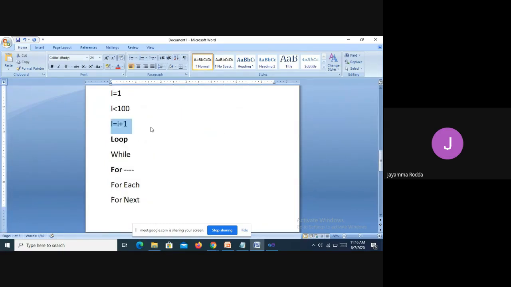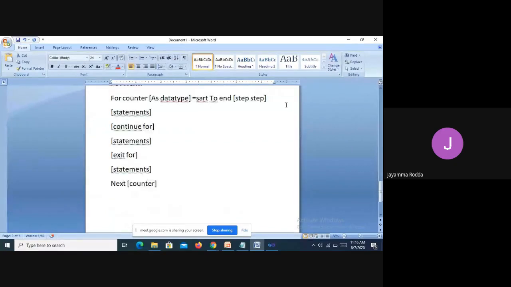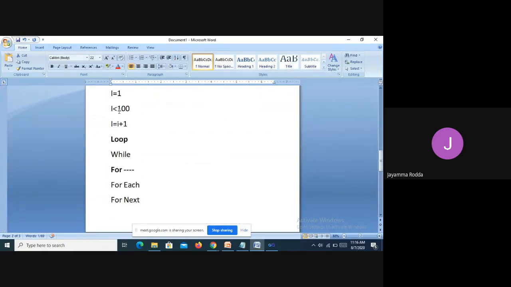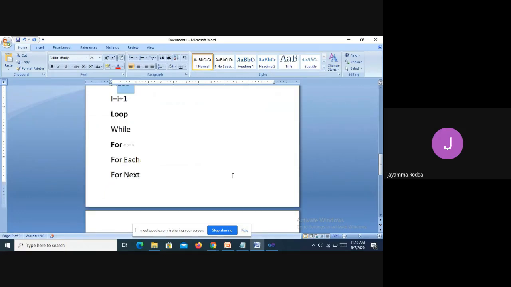Here by default the counter value will be incremented by 1. When the value of I reaches the end value, here the end value is 100, the loop will end.